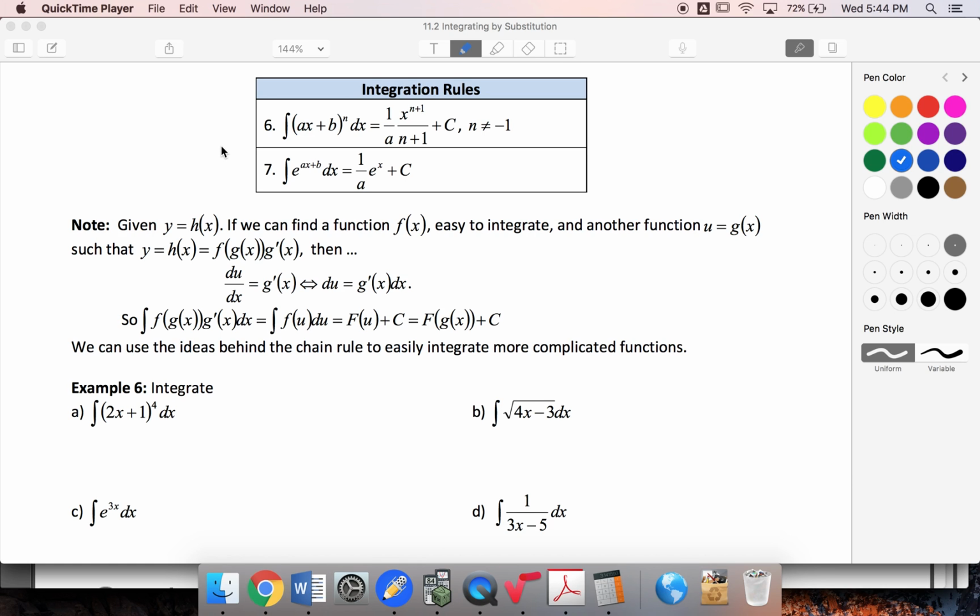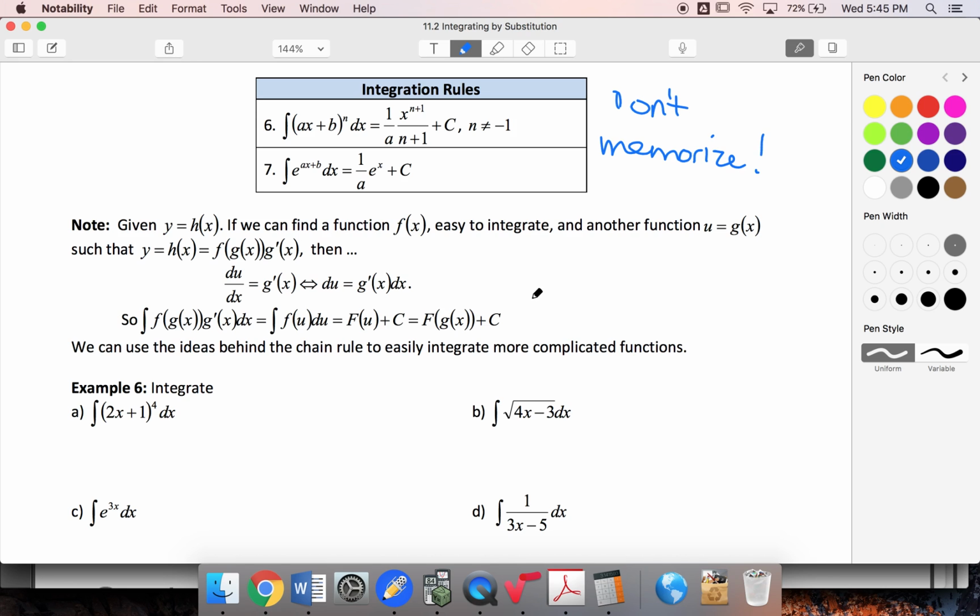The previous examples that we saw could be summarized with these rules. These rules are not in your formula booklet and they're not worth memorizing. Instead, let's think about